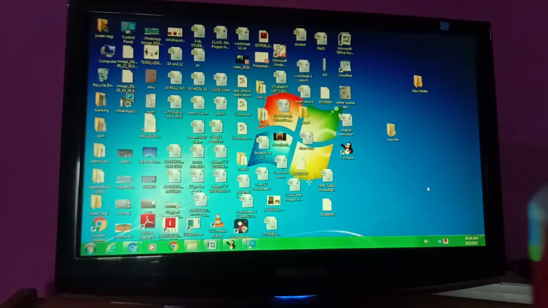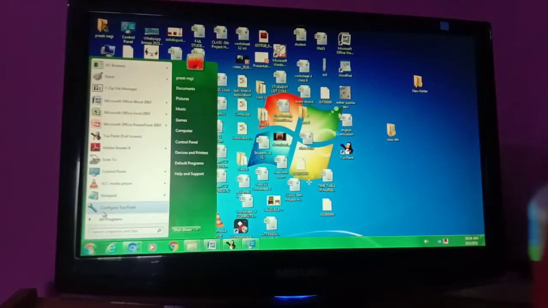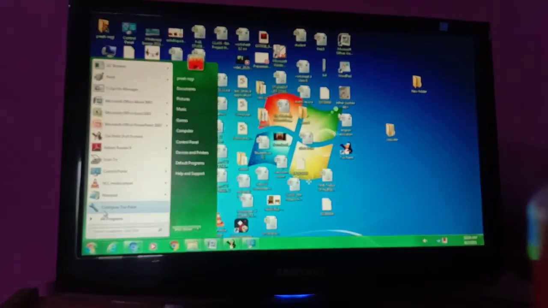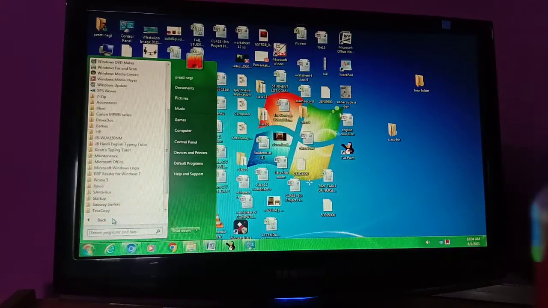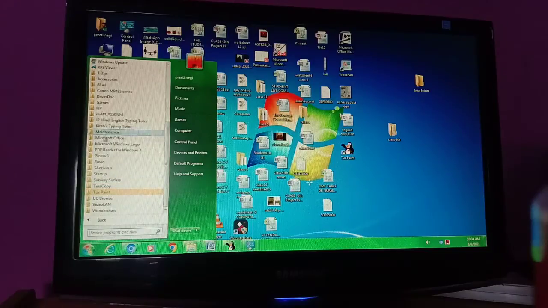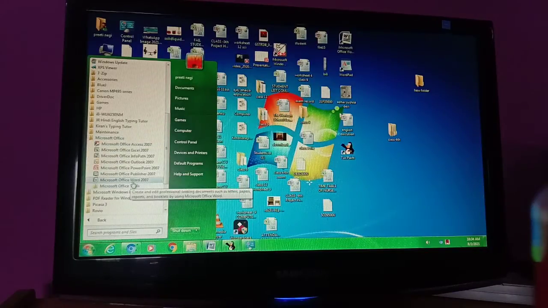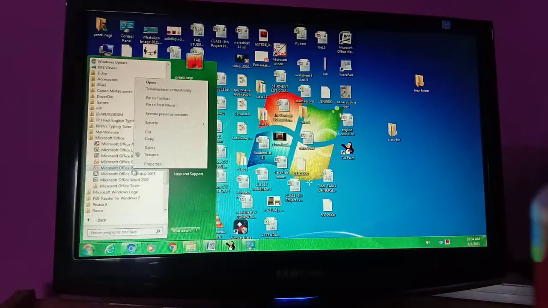This is a long way to open Microsoft PowerPoint. Now you can also create a shortcut of your Microsoft PowerPoint. How to create it? Let's see. Go again to the Start button, then click on All Programs, search for Microsoft Office, and right click on Microsoft PowerPoint.